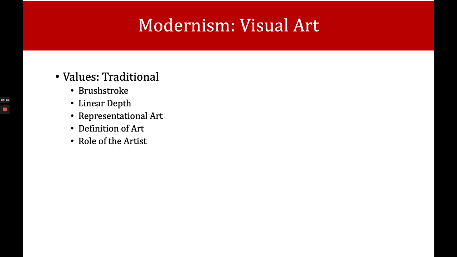We also see changes to the definition of art. The Renaissance defined art as a product that looked realistic and told a clear, coherent story. Modern art starts to question this. Does a work have to look realistic? Does it have to tell a particular story? Or can art just be art in and of itself, with no preset standards? So they start to suggest that art can be something different.